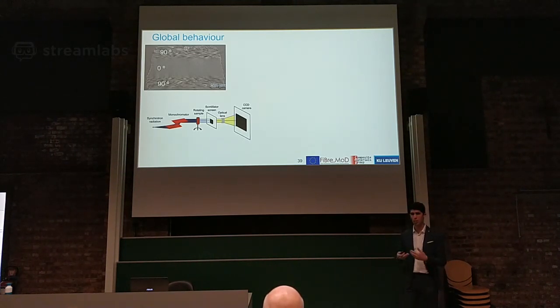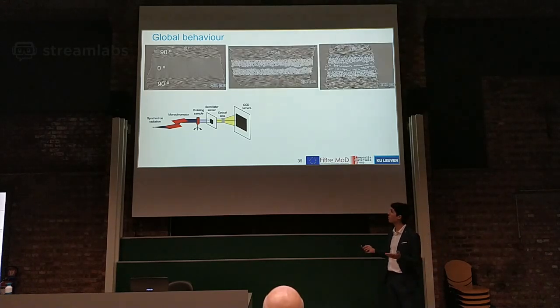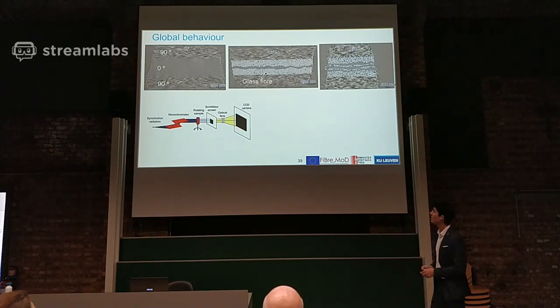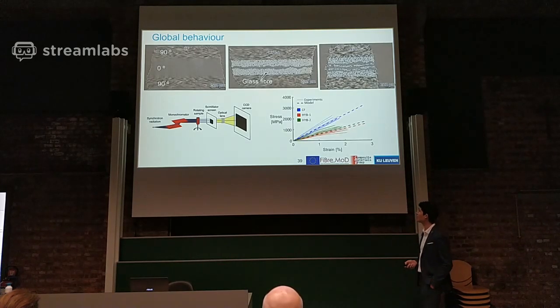And we do this just to keep the composite from splitting, or to avoid some of the splitting. I tested not only carbon fiber composite, but also two hybrid composites with different configurations. Those are the glass fibers, the white ones, and the more gray ones are the carbon fibers. And if we compare the experimental stress-strain diagram with the modeling that we did, we see